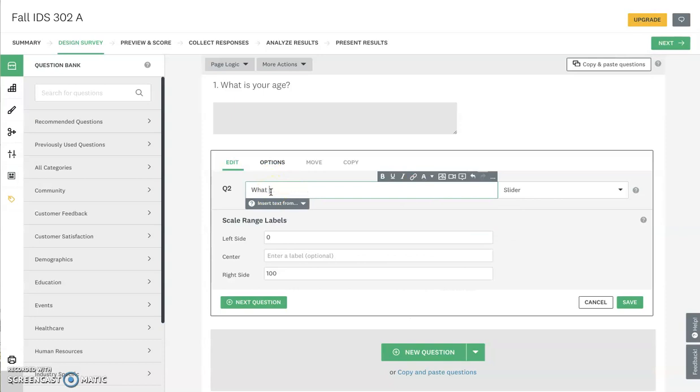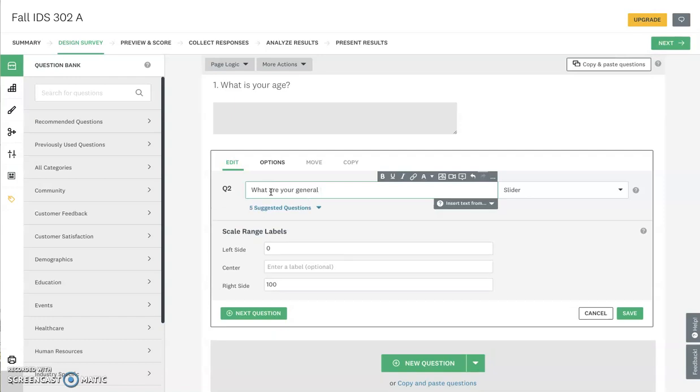Okay, what are your general perceptions? Remember that question we talked about. What are some of the opinions, experiences, perception experiences regarding blank revealed in a survey of random adults? That's what we're doing right now, the survey of random adults. What is your general perception of cannabis, and I'm going to go marijuana